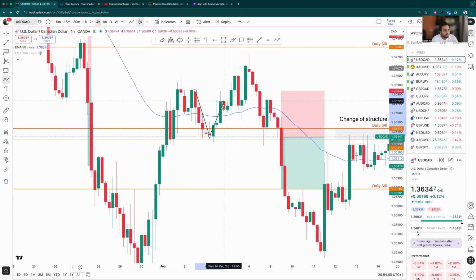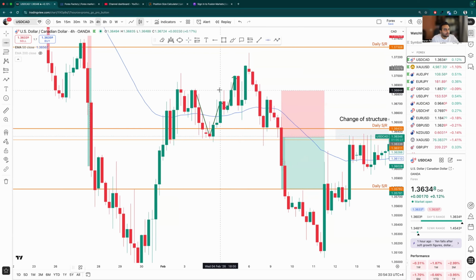Next, this is just a structure. You can see there's a small inside body and then there's second inside body. My rule is if there are two inside bodies, then it's a structure and that structure should be accounted. But it's just a structure. It doesn't mean this is a higher low or anything until there's a break. Now this structure goes down, now goes up. Now we can see there's a break to the bullish side